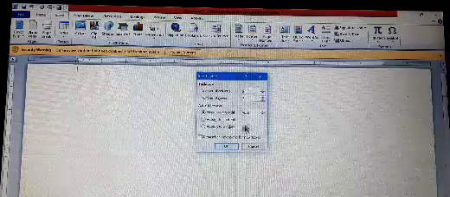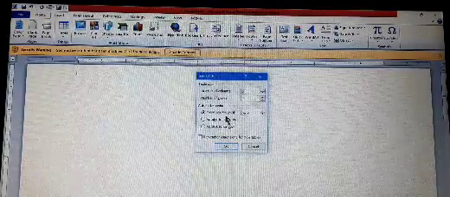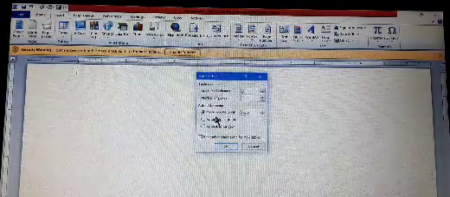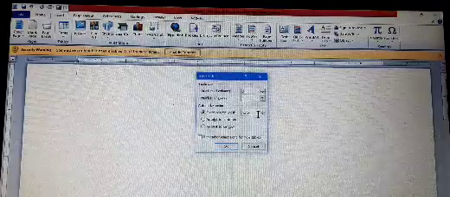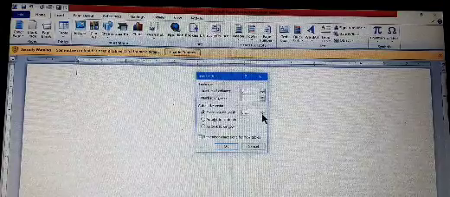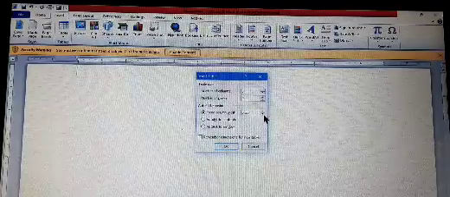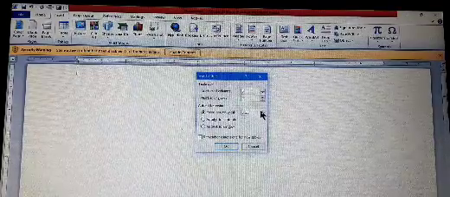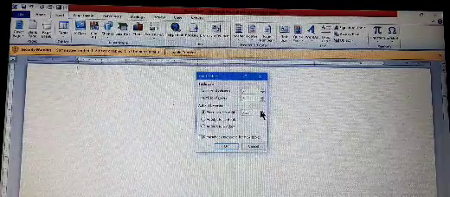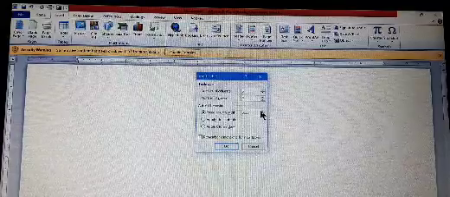Number of rows, number of columns, fixed column width. Here you can set fixed, so your column width cannot be changed.